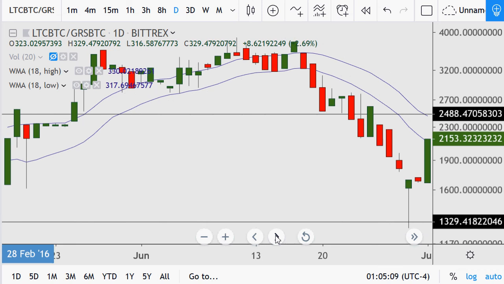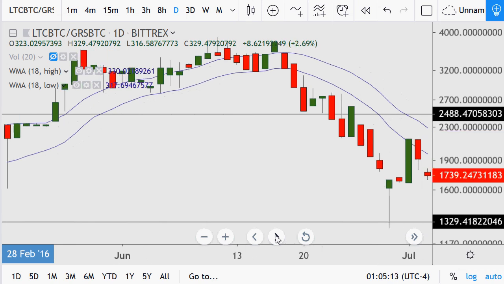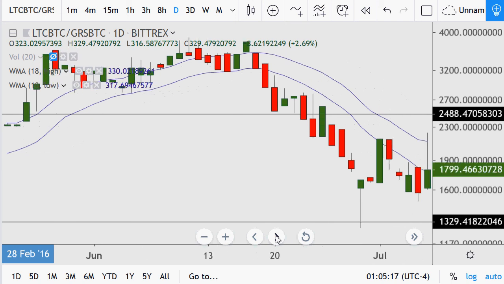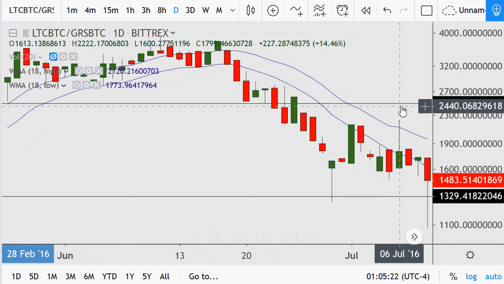Okay, there's a nice move. And you can take it if you want, but nope. You can see those who took it are able to buy back now as it goes below the lows. So now it's just a waiting game. There's a buy right there. So we can move this